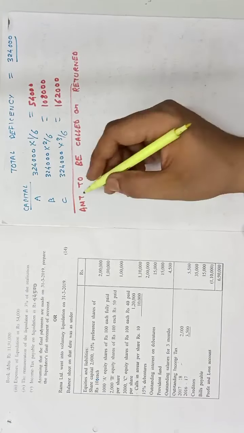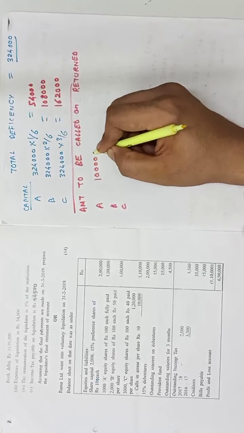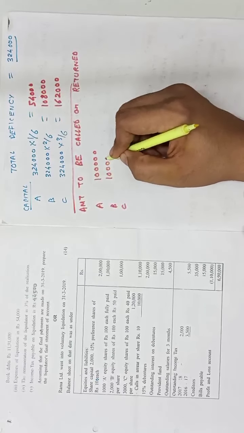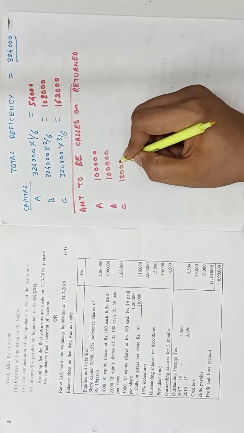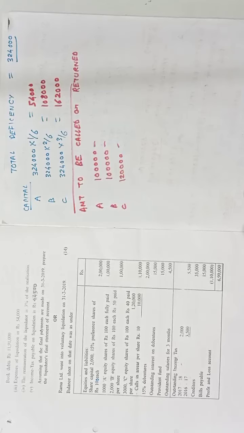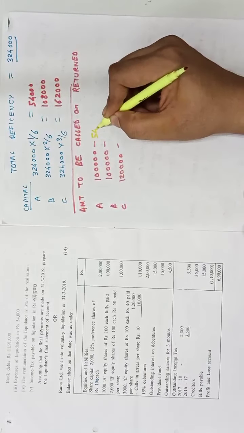So for A type of shares, B type of shares and C type of shares, how much is the paid up value? Paid up value of A type of shares is 1 lakh. Paid up value of B type of share, 1 lakh. Paid up value of C type of share is now 1,20,000. Don't get confused with 1,10,000. We have received 10,000 rupees from them. How much is the deficiency? 54,000,